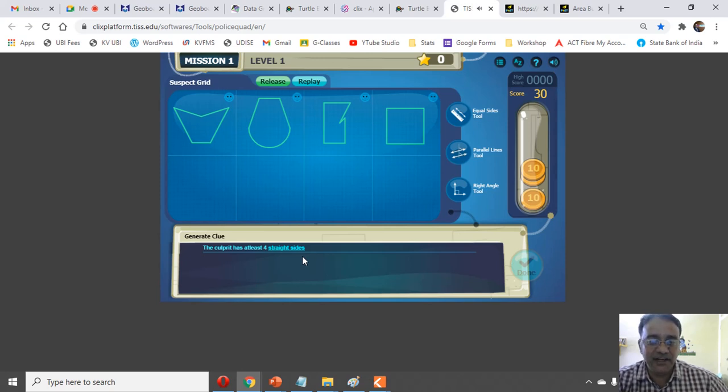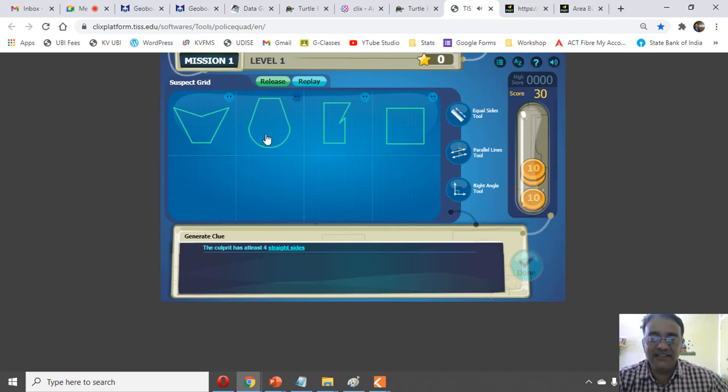At least 4 straight sides. First one, sir. Last one. At least one we can... First, third, and... which one do you want to release? Here we can release the first one, sir. At least 4 sides, sir. At least means कम से कम 4 होना चाहिए, means that would be more than 4. Yes, sir. Either the first one or the fourth one we can do.